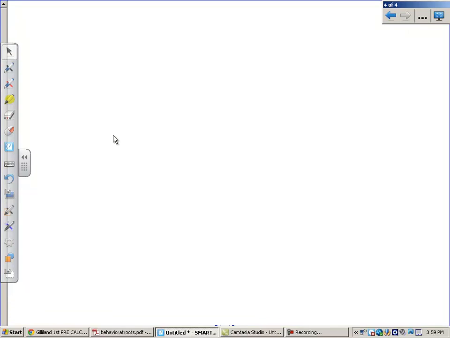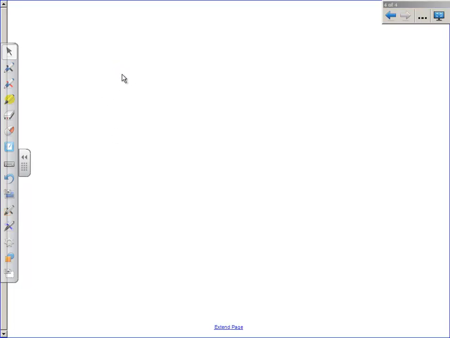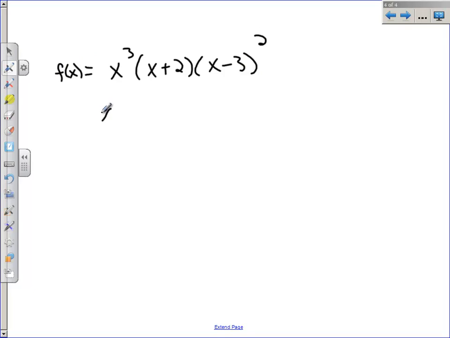how about, I'm going to try and pull one from your homework here. How about x cubed, an x cubed, and then an x plus 2, and then an x minus 3 squared. All right, so here's our function in factored form. Let's see what the roots are. The roots are 0, -2,